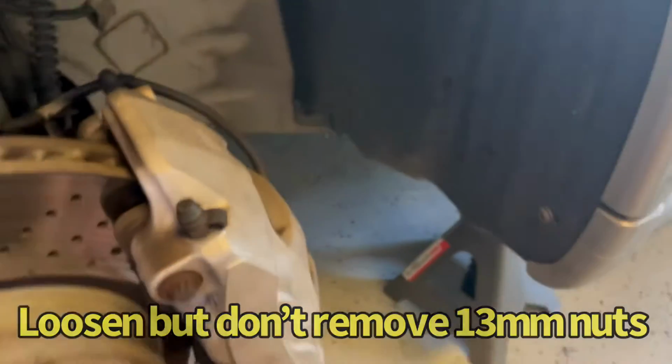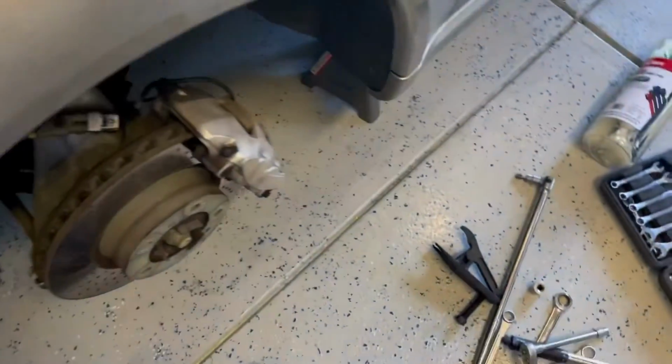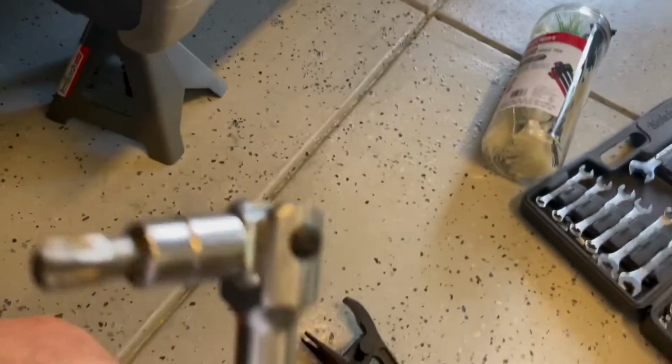All right, so I've got my wheel off, as you can see. I've broken these three mounting bolts loose. I haven't removed them yet, just letting them hang there. Now, next thing I'm going to do is take my